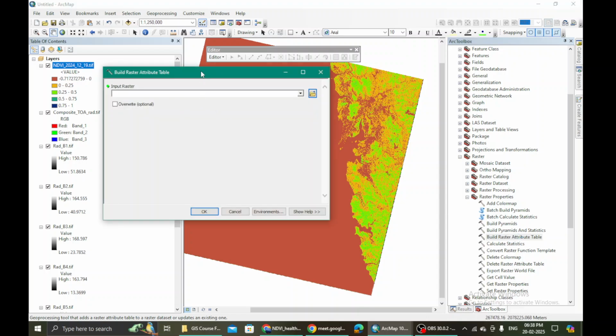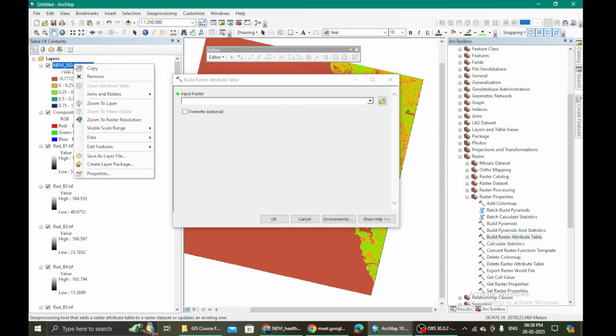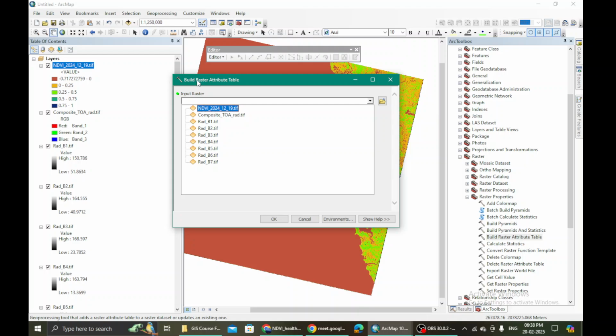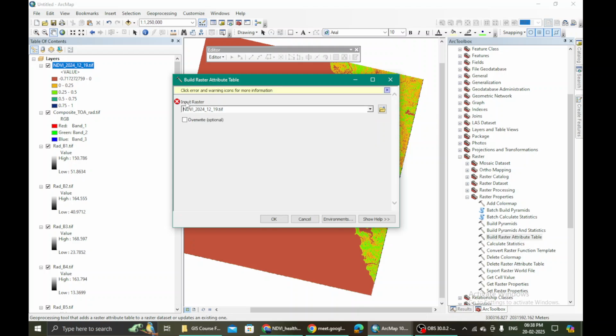So this is the tool that we are taking, because right now if I right click on this, my open attribute table is not yet populated. So attribute table is still not built. So we will have to build it. How do we build it? We use this particular tool, which is build raster attribute table, and then we choose that NDVI value.